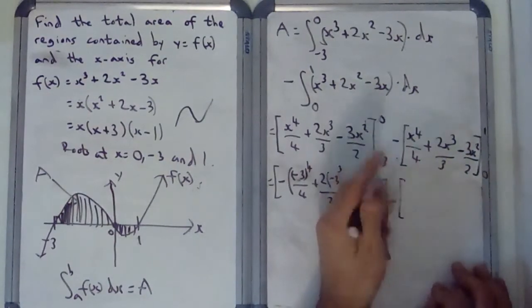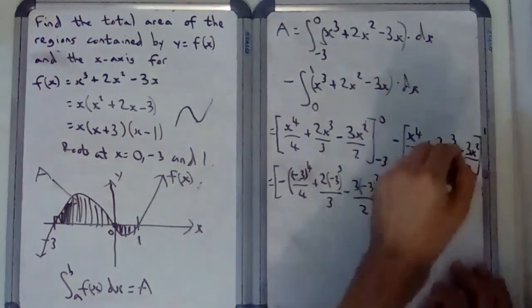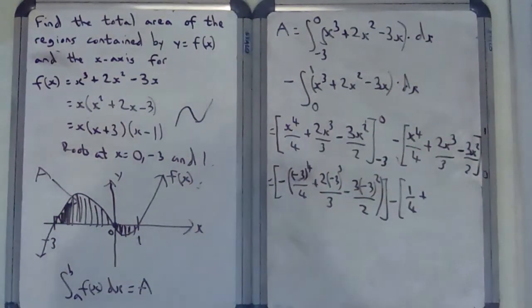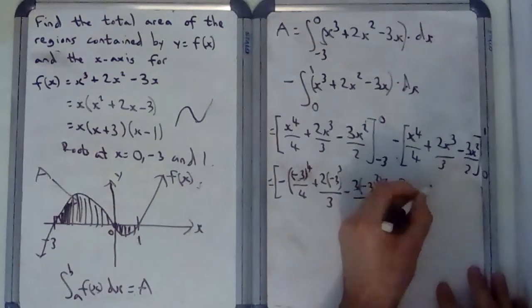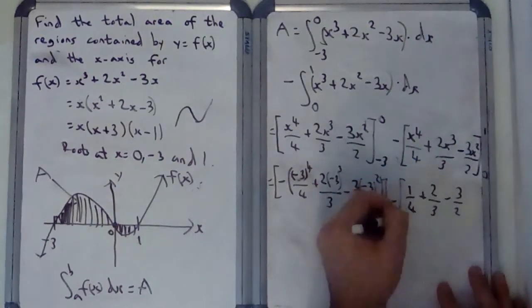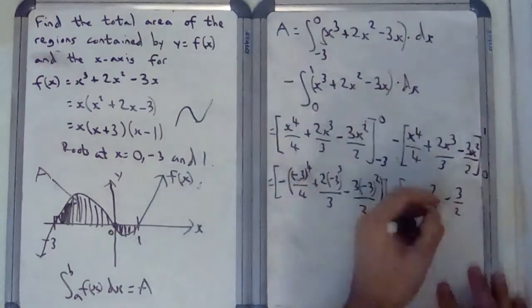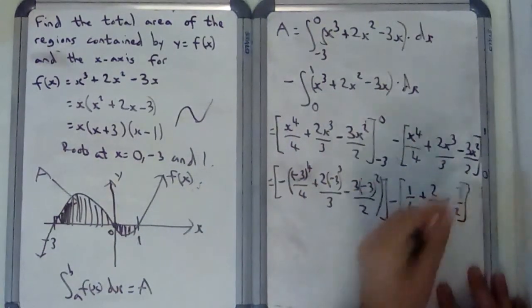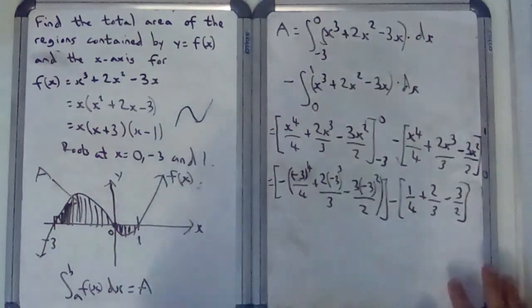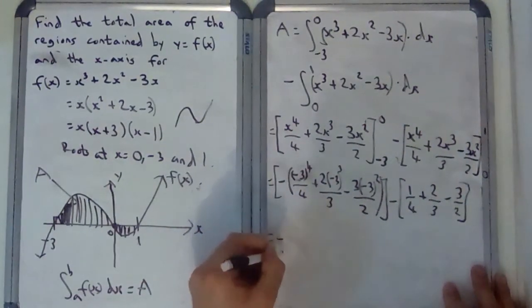So it's just 1 to the 4 over 4, which is 1 over 4, plus 2 times 1 cubed over 3, well, that's just 2/3, minus 3 times 1 squared over 2 is 3 over 2. And then, like I say, I would have this and subtract 0, but seeing as I didn't write the 0 here, I'm not going to write it here either. Okay, so you end up with equals, so it's minus all of this,